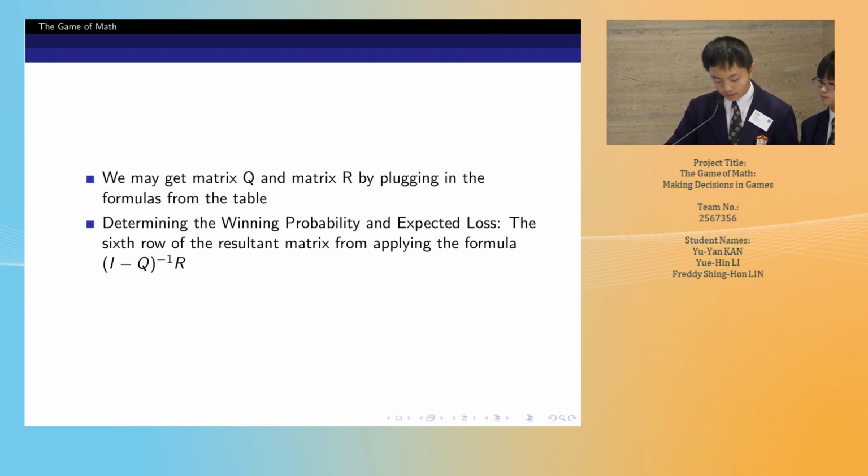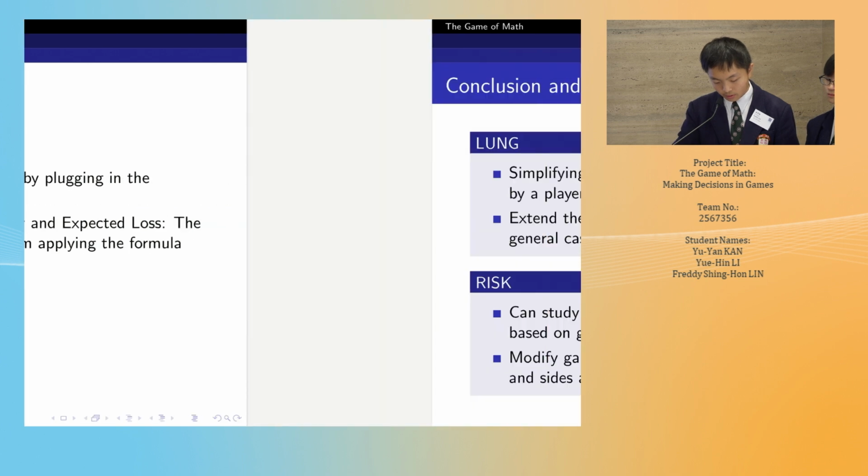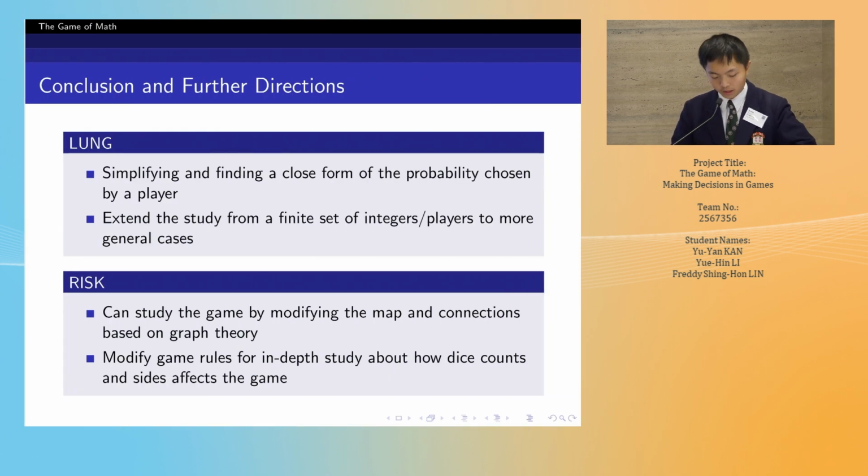So above is the outline of our paper. In conclusion, through the aid of the Nash equilibrium and Markov chains, we deepen our understanding in our research topics. The main takeaway is that we learn how mathematics is a powerful tool in daily life, especially in complex daily life scenarios and games. For future directions in LON, we would like to further extend our study to find out